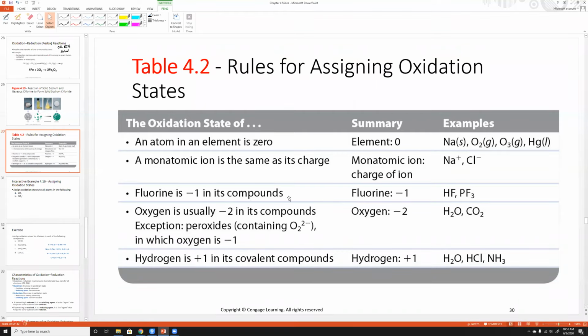Oxygen is -2, except when it's in peroxides. There are different types of peroxides. The most common one is hydrogen peroxide. I just expect you to know H2O2 is hydrogen peroxide. In this case, oxygen has an oxidation state of -1. Usually it's -2. And hydrogen is